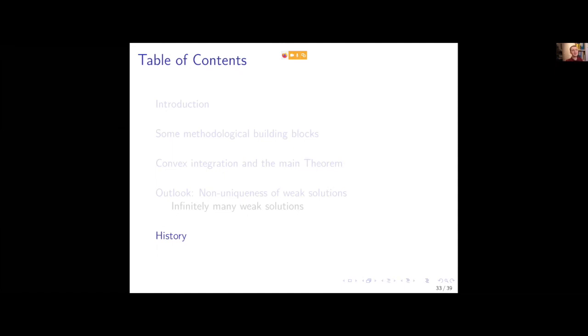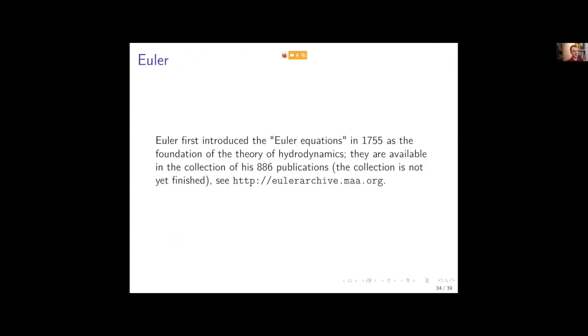Now comes the part that is fun for everyone, I would say, also for those who are not specializing in weak solutions of PDEs. So I'm going to talk a bit about the history. So what is the history? It started in 1755, when Euler, a complete genius, came up with these equations. He didn't even know the formal definition of a partial derivative, right? But he came up with these equations, and if you transform what he said into modern language, you will get exactly the equations as we have them today. It's very amazing. He came up with that 300 years ago.